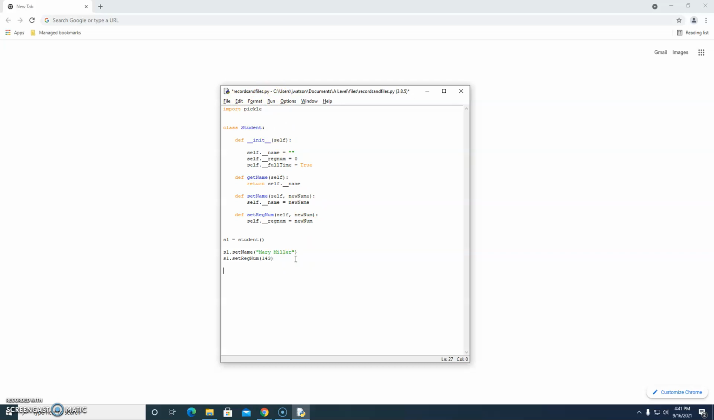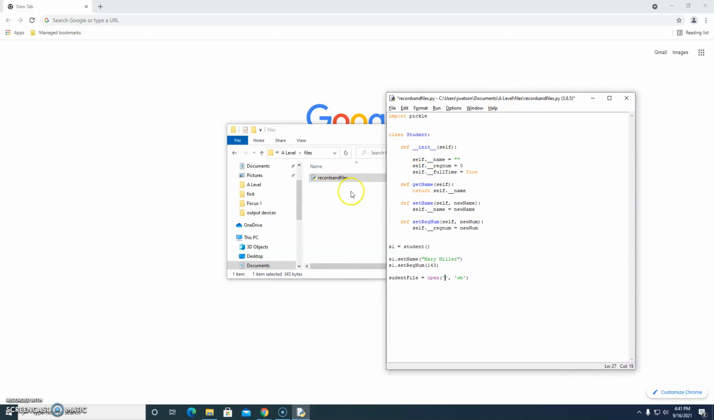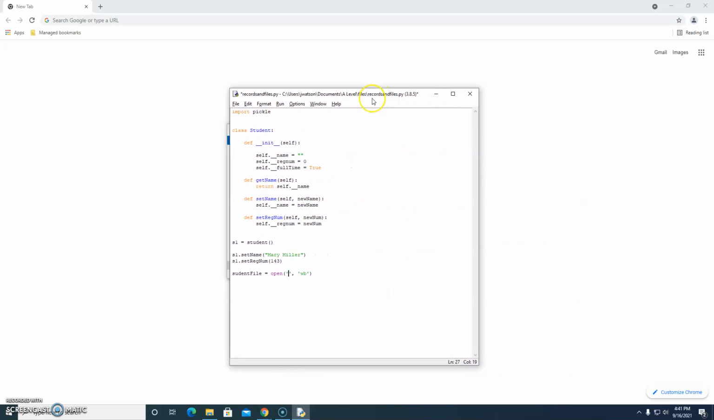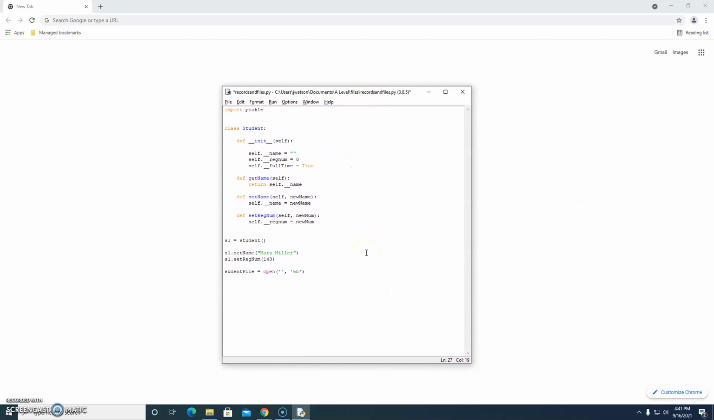Let's open a file. I'm going to call it student file. And let's open that in WB mode. Now I'll explain what WB mode is in a minute. Let's also create a file here. Do I have a file in my project folder? No. So let's think of a file name and call it